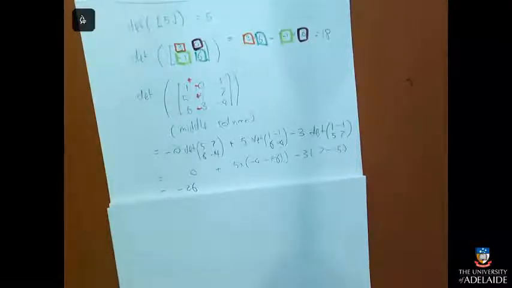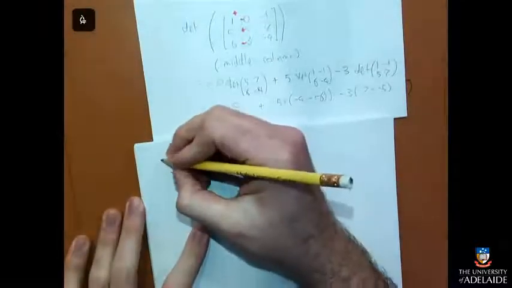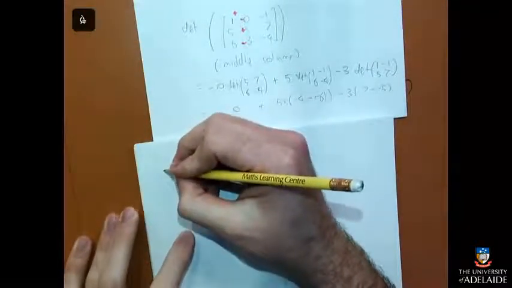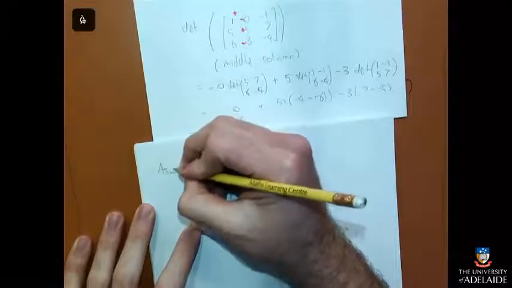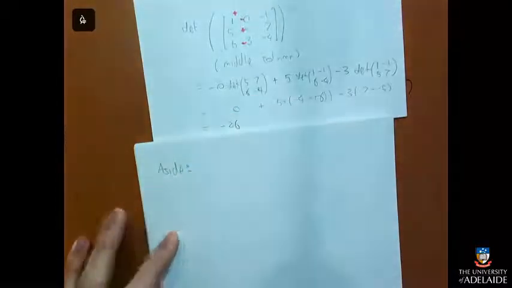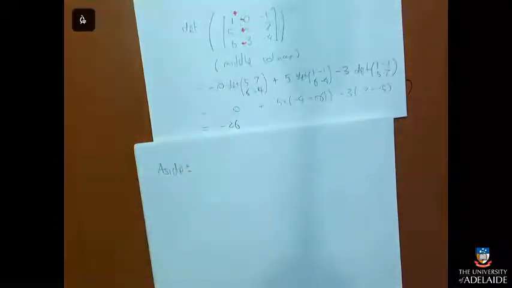That thing with the pluses or minuses is a useful thing to know because it comes back when you do cofactors. So just as a little, what's the word for it? In a book they normally call it, or in a play they'd call it an aside, where the actor turns over the side of the stage and tells you something interesting that they're thinking at the time. That's what I'm going to do now.